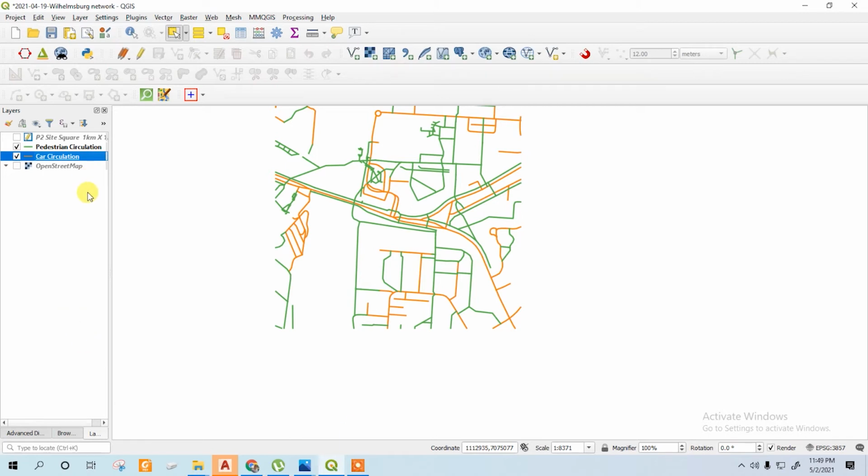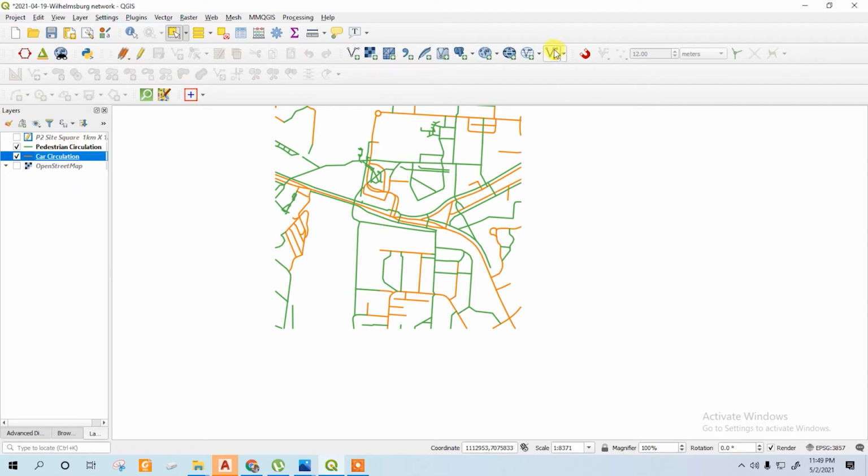Now we will put a point for every intersection, and we will get two types of intersection, car intersection and pedestrian intersection.